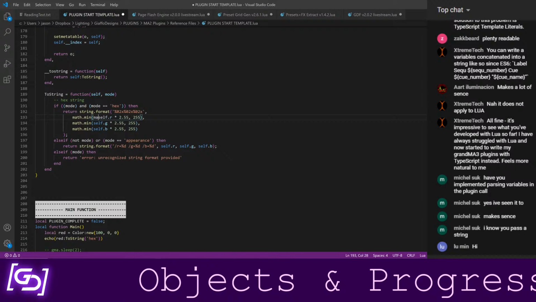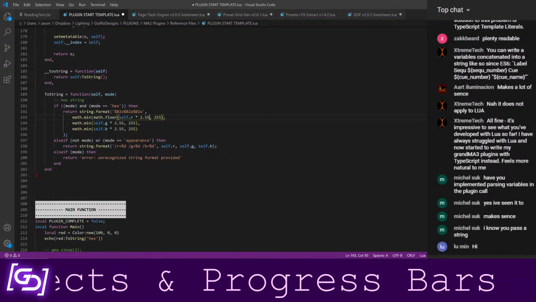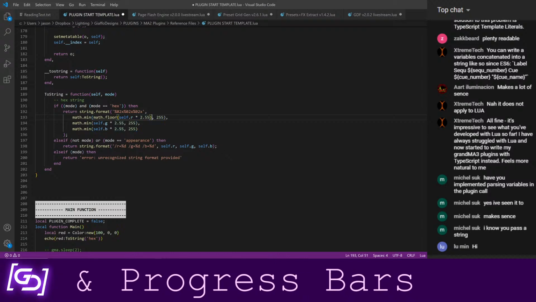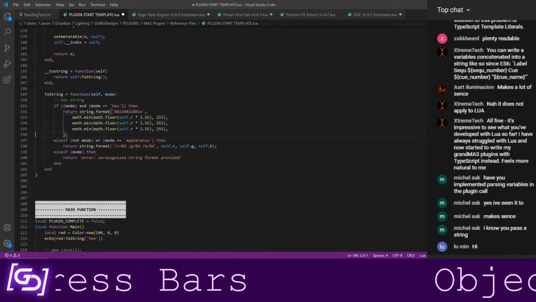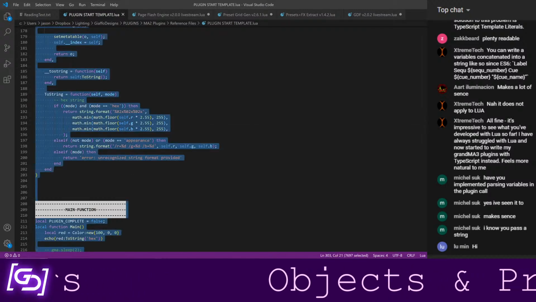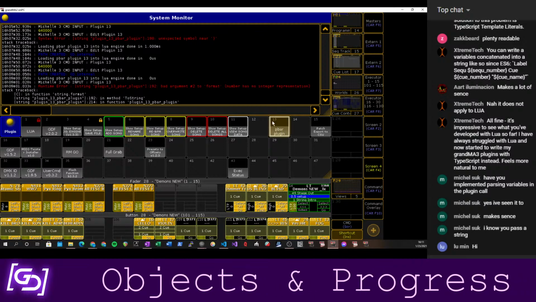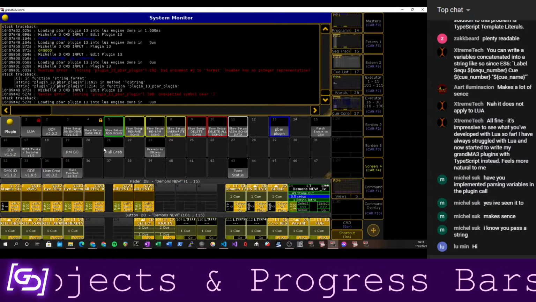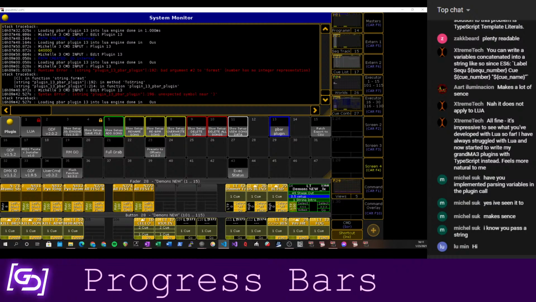So we're going to say math.floor of this, which should fix our rounding issues, honestly. And then we're green, and then we're blue, and I'm going to save that. String.format does get very angry if you try to give something that is not already rounded to a nice whole number to it.